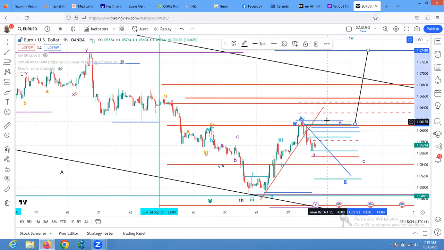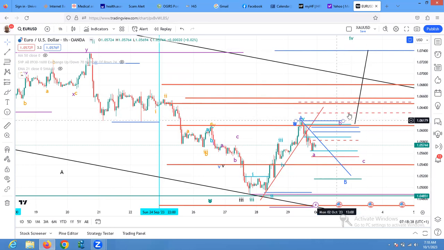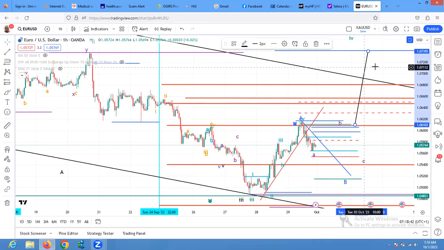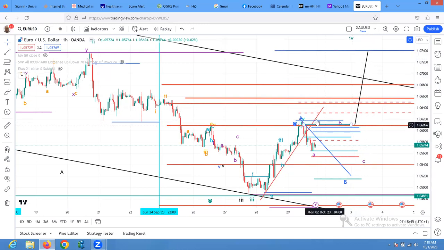Just slightly below the end of A here in the blue. It's only pulled slightly below it. Something like that. So you can see it's just a few pips below the end of A. So what will push this very close to this area will be a shallow correction of a zigzag, which may not go beyond a 50 or a 61.8. We may not see a deep correction, but then